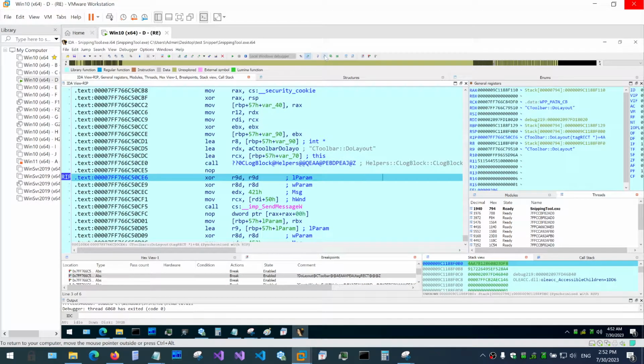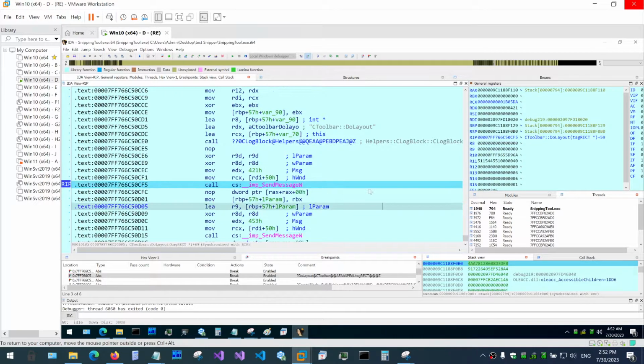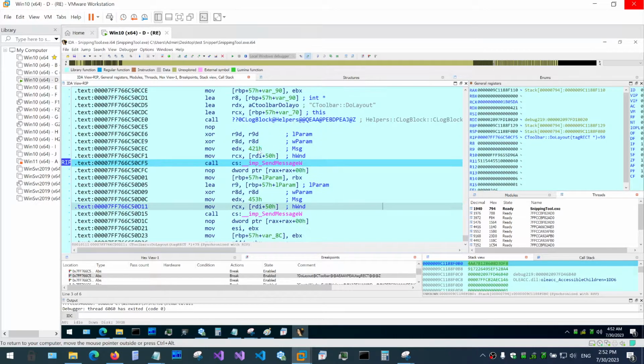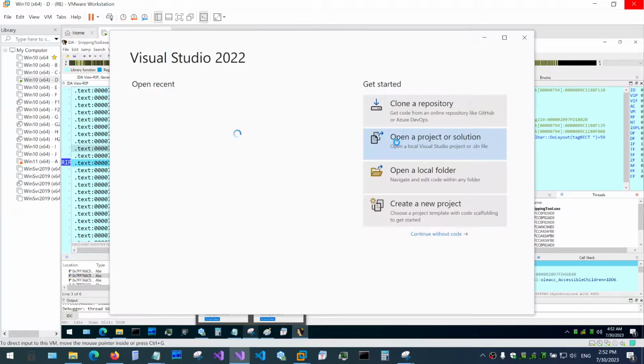Okay, and then they are sending a message. Now, unfortunately, they're using this value, which is just a hex value, and we don't really know what this value is. Now, to figure this out, I'm using a technique where I use Visual Studio, and I usually create